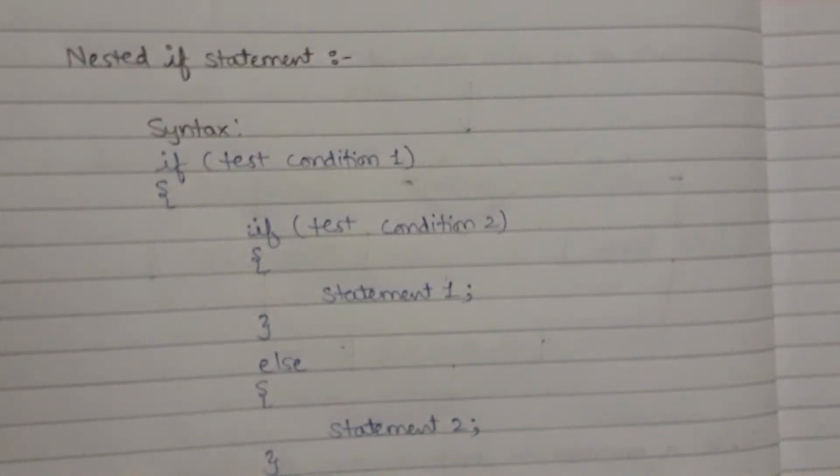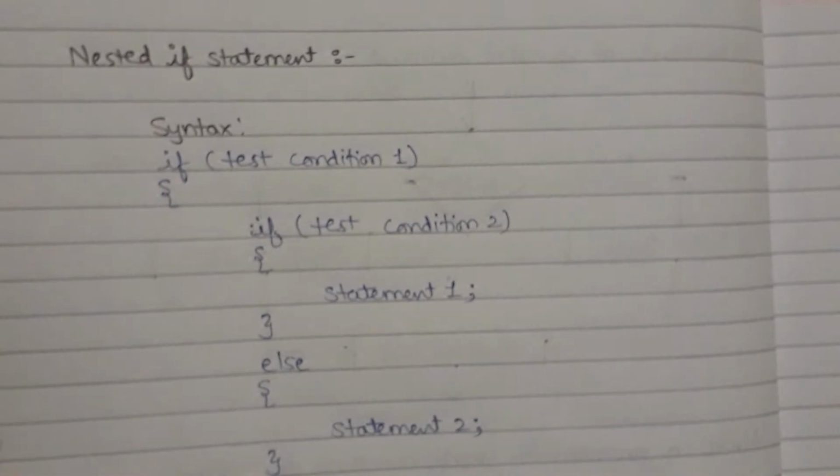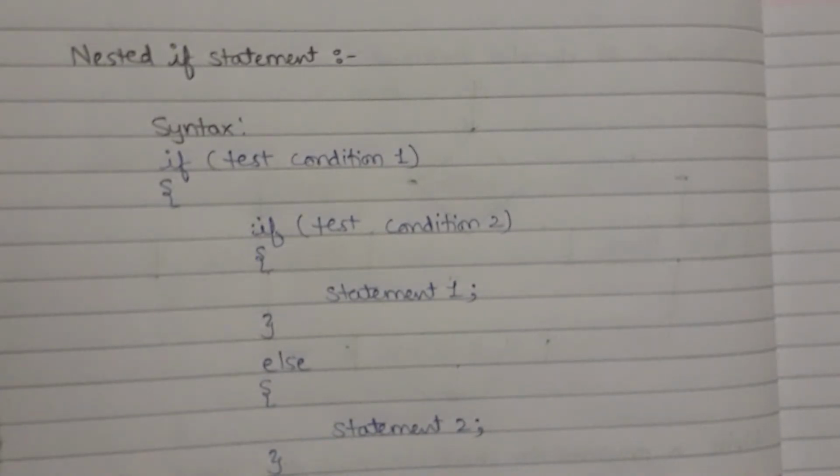In this video, we will discuss the nested if statement. Initially we have seen the simple if in the previous video. We use the simple if when we have a single condition, for example to check whether a particular number is positive. Then we used if else. We use if else to check whether the entered number is positive or negative.